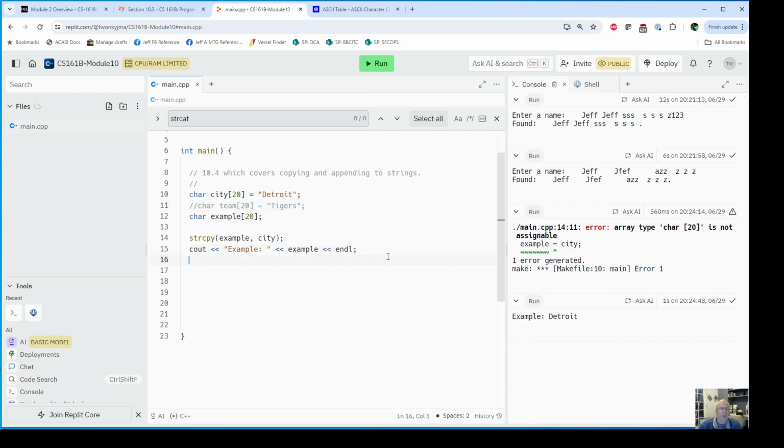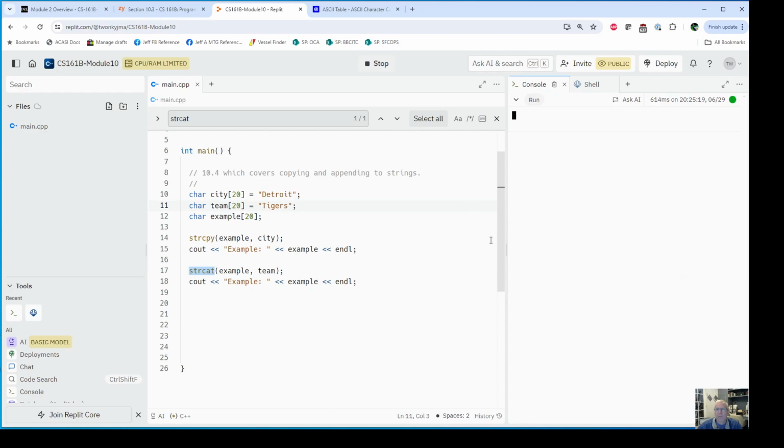Okay, if I want to put my city and my team together, I use the string cat command. Cat stands for concatenation, which is a programming term that means to combine two things next to each other. Okay, and so I'm going to say example team. So when I run that, you can see I get the two strings put together. Now that is almost what I want. So before I do that, I need to add